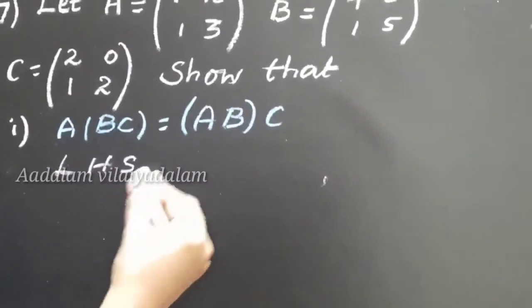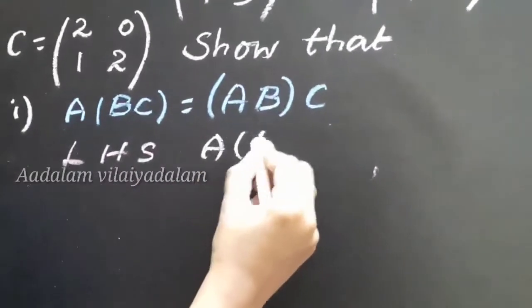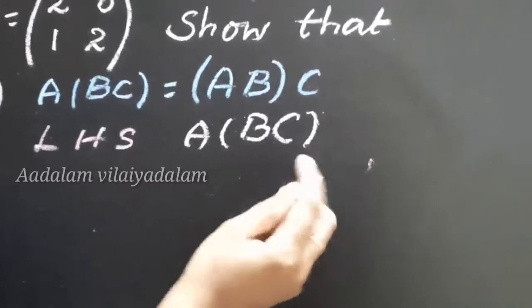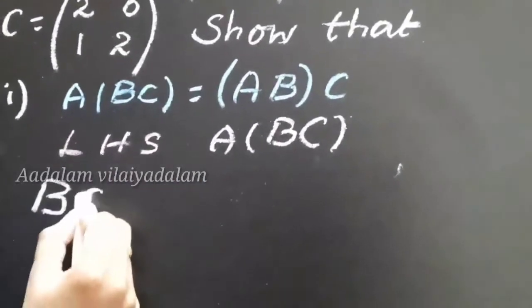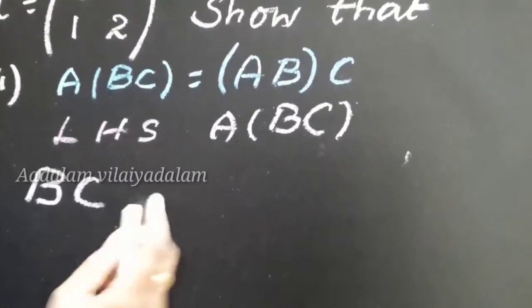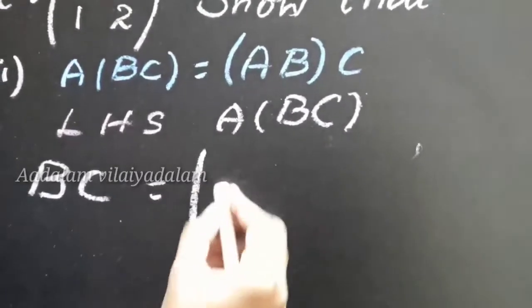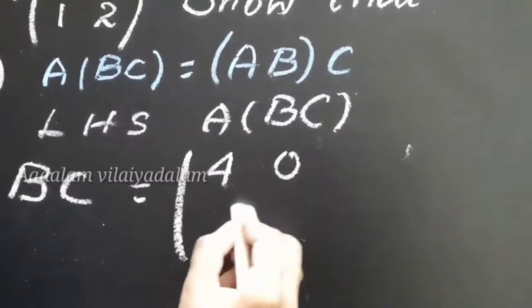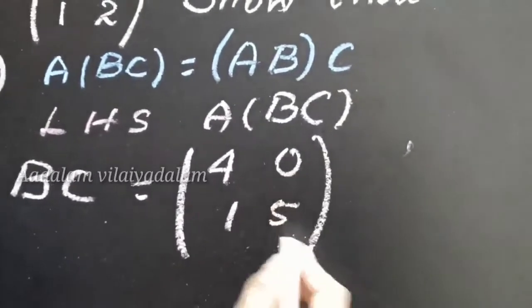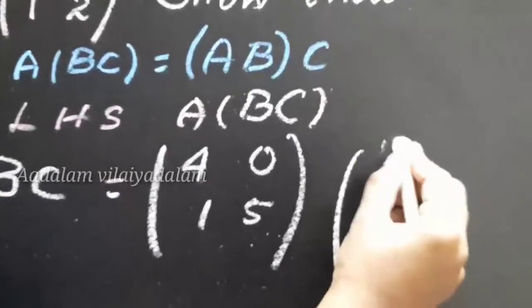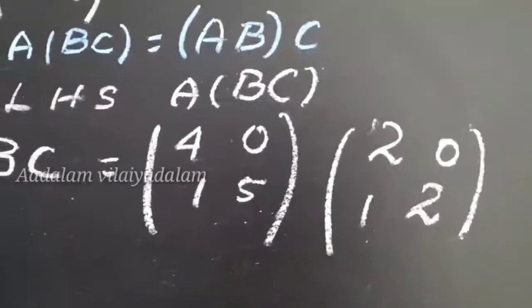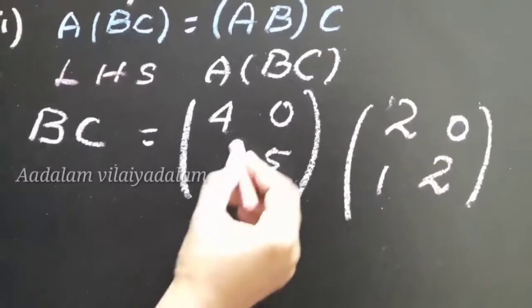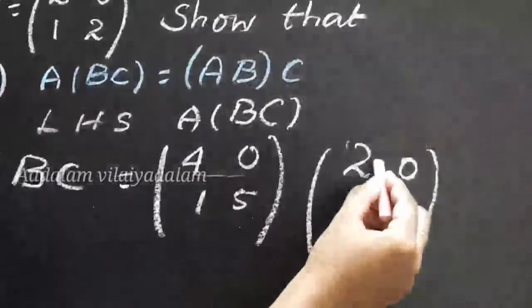So in LHS, A into BC. First you complete the BC value. BC means the product of B matrix and C matrix. So first you write the B matrix 4, 0, 1, 5, C matrix 2, 0, 1, 2. In multiplication we consider the row and the column. The first row, the first column,